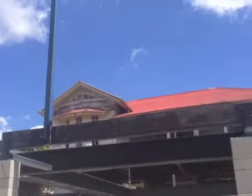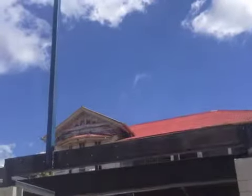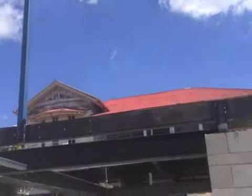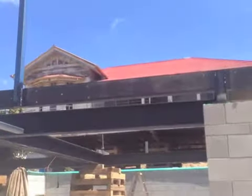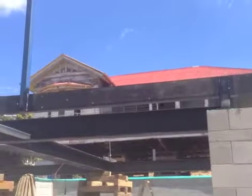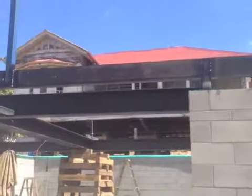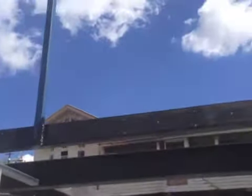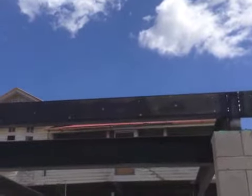There you go, guys, back again. It's Wednesday the 9th of October, and we're here at about 9:30 in the morning, and just want to show you what we've done to try and brace this up. A lot of this is not in the engineering. This is stuff we do extra, stuff I work out on site to beef it up, make it even stronger,